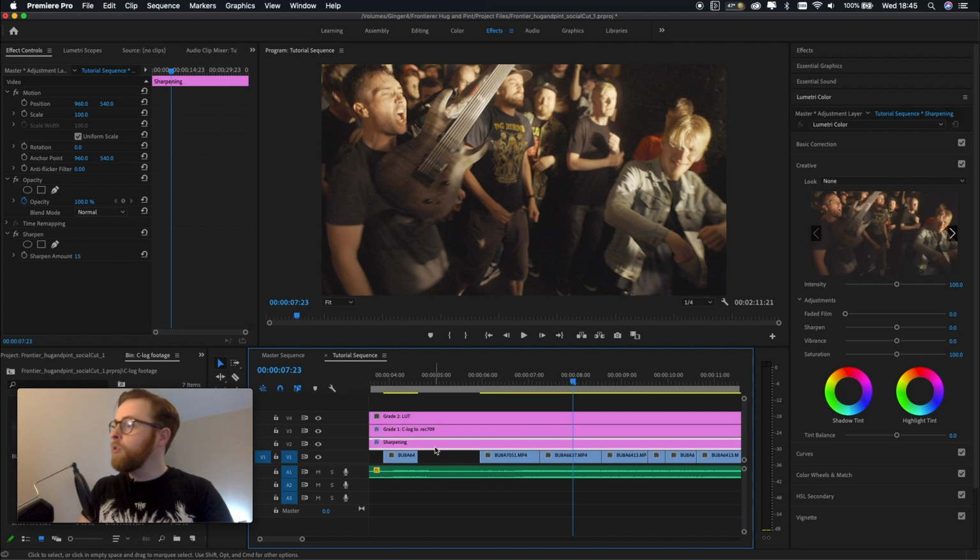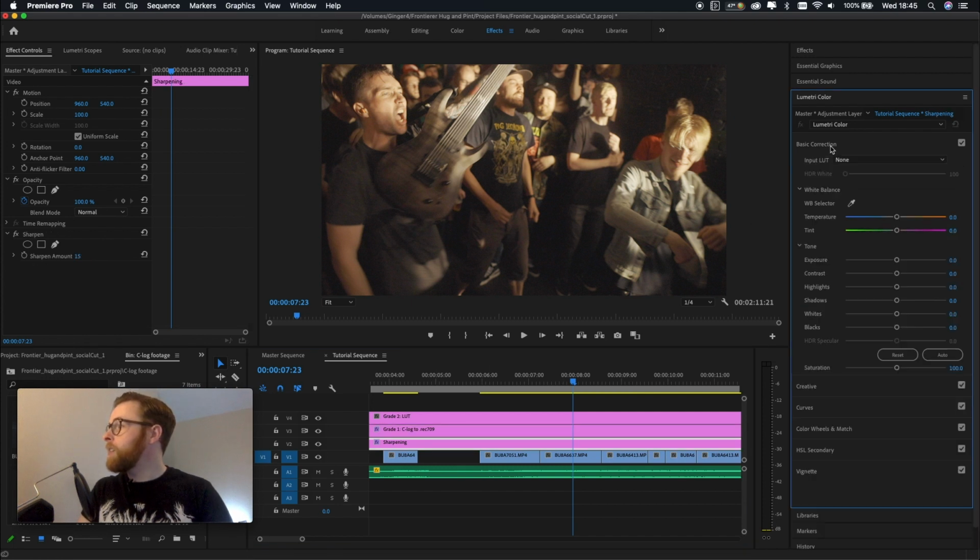Once I've done that, I'll then do another little bit of colour correction in this basic correction panel in the sharpening layer. So the reason I go back and do a little bit of primary colour correction after I've done that secondary layer of colour correction is because Premiere Pro, for reasons best known to Adobe, once you export from it, it loses a bit of contrast and it loses a bit of saturation. So I go and I apply that to this bottom layer, so all my other colour grade layers have this